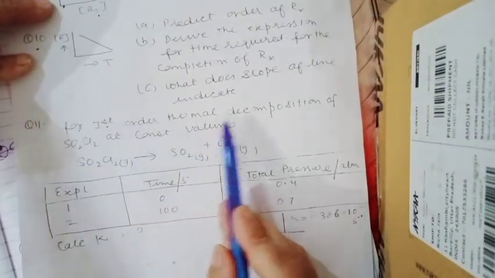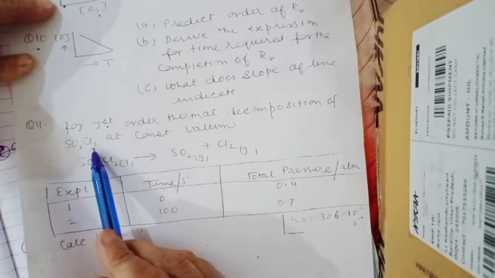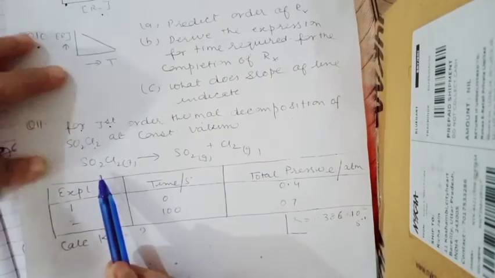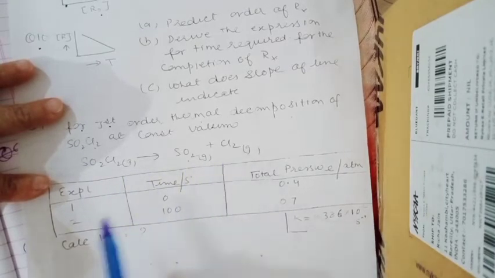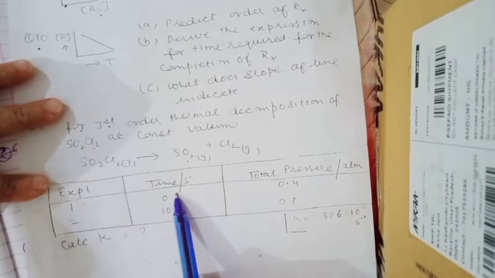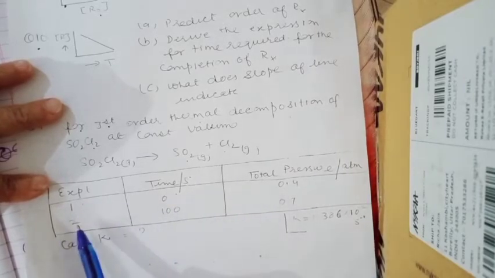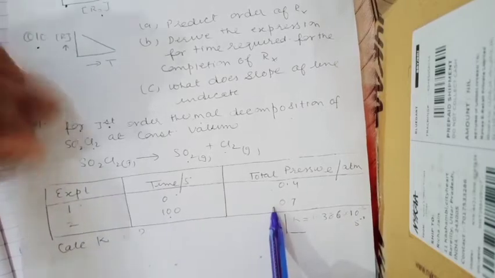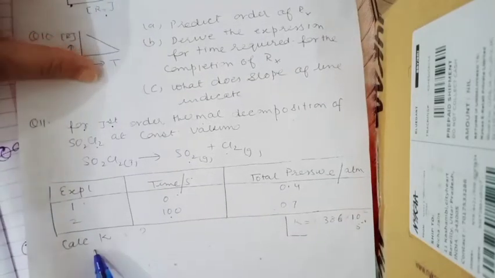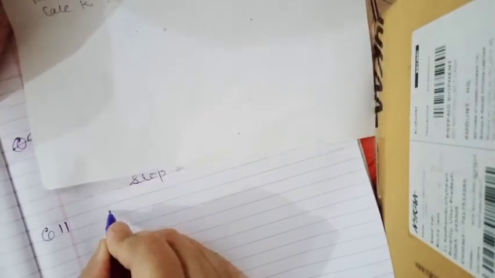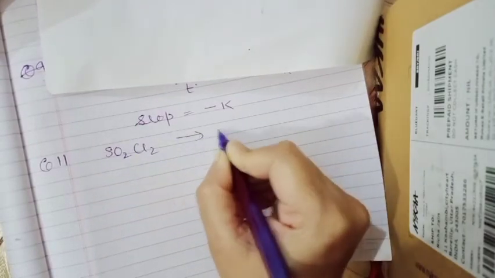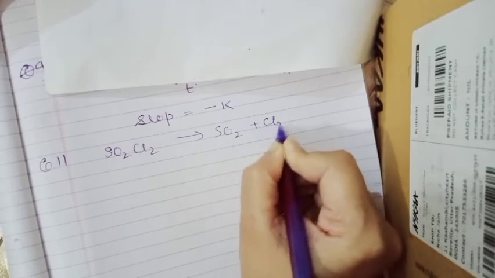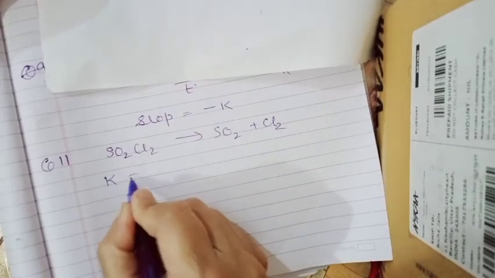For first order thermal decomposition of SO2Cl2 at constant volume, equation given is SO2Cl2 gives SO2 plus Cl2. एक्सपेरिमेंट 1 में टाइम दिया हुआ है 0 सेकेंड और टोटल प्रेशर है 0.4. एक्सपेरिमेंट 2 में टाइम दिया हुआ है 100 सेकेंड और टोटल प्रेशर है 0.7, और आपको k निकालना है, रेट कांस्टेंट. In such type of question, first of all we will write the main equation, and the main equation is SO2Cl2 gives SO2 plus Cl2. As we have to find the k, we will use the expression